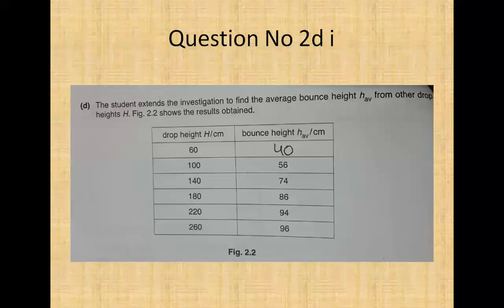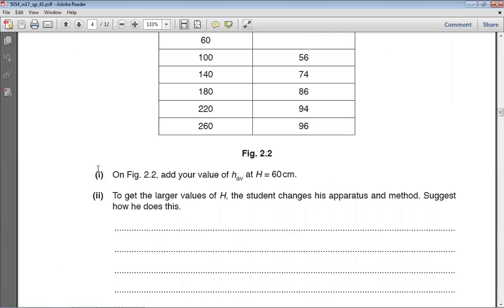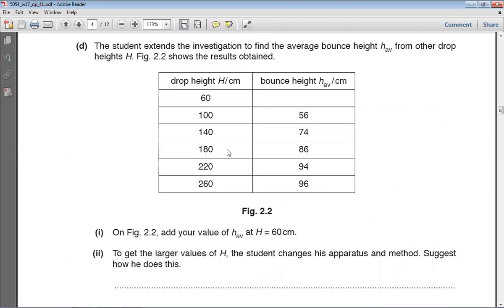Okay, so on your screen, you can see I have entered that value, 40 centimeter, in that table. The second part: to get the larger values of H, the student changes his apparatus and method; suggest how he does this. If you want to measure heights more than 100 centimeter, you have to use a measuring tape instead of a rule, because the rule is maximum 100 centimeter long. So when the height from where the ball is being dropped